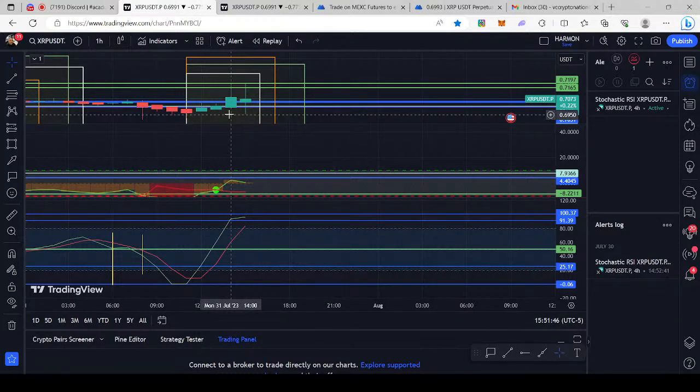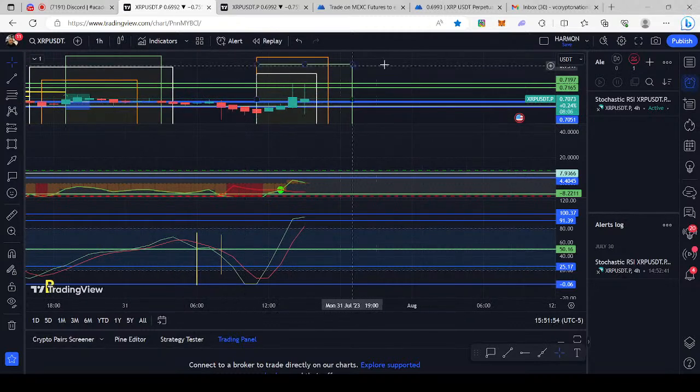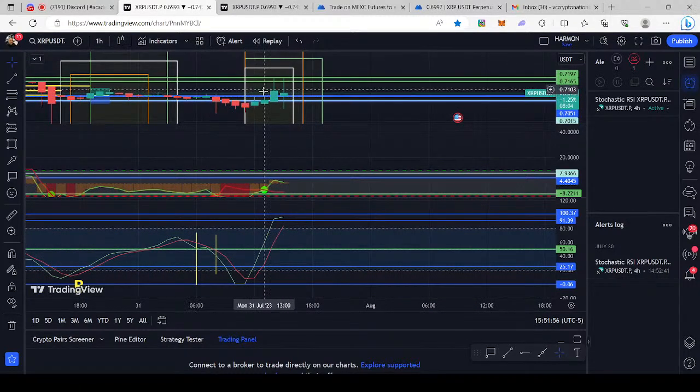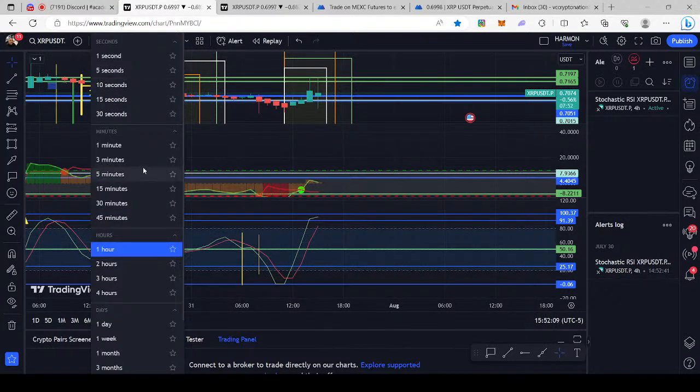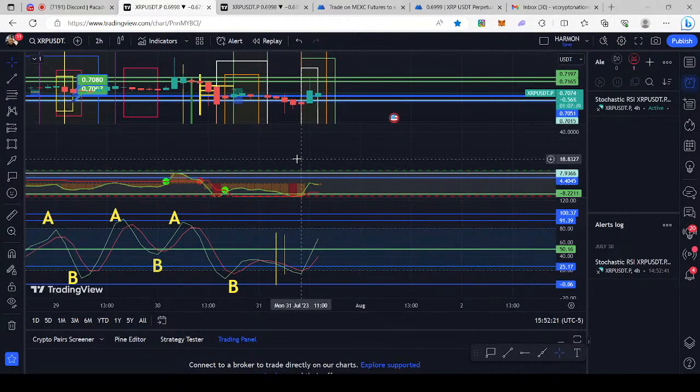But right now, I'm not seeing anything spectacular here that would tell me that XRP is going to go on a push, right? Right now I'm just seeing a consolidation, which is kind of like a coin flip. Showing XRP at 69.95 now. Yeah, that's what I'm saying. There's nothing. It's going to find a channel here that it's going to keep touching tops and bottoms. But I'm not seeing anything here that's making me